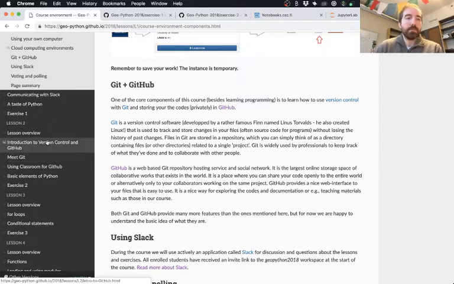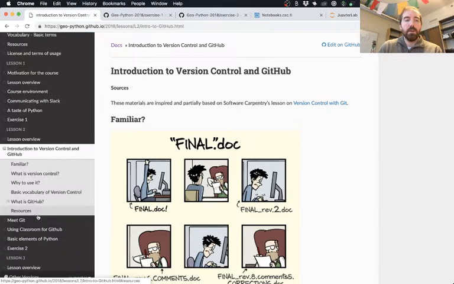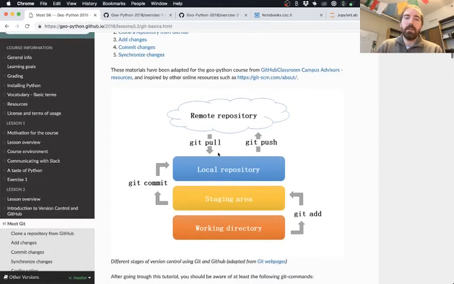And with this Git system, essentially, there's an overview of how it works at the start of lesson 2. There's a bit of meeting Git, the syntax and the ideas here. I'll spend just a second on this because I think it's a useful thing to go through. Sometimes Git, by this point it's become quite familiar for me, but when I was first using Git, it was a little bit unclear to me what these different levels were when working with the files, like when has it actually been saved to GitHub and things like that.